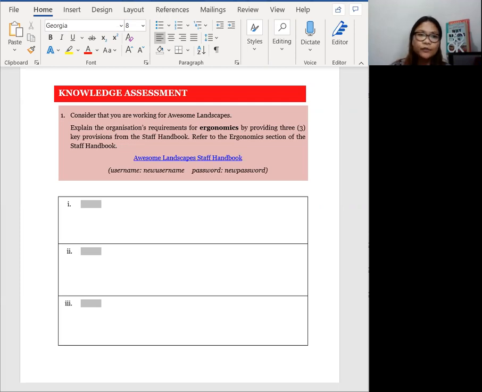Today what we're going to do is go through the workbook for the learning material BSBITU402, develop and use complex spreadsheets. Okay, so let's get right into it. If you could go to page 12 of your workbook, we'll start off with